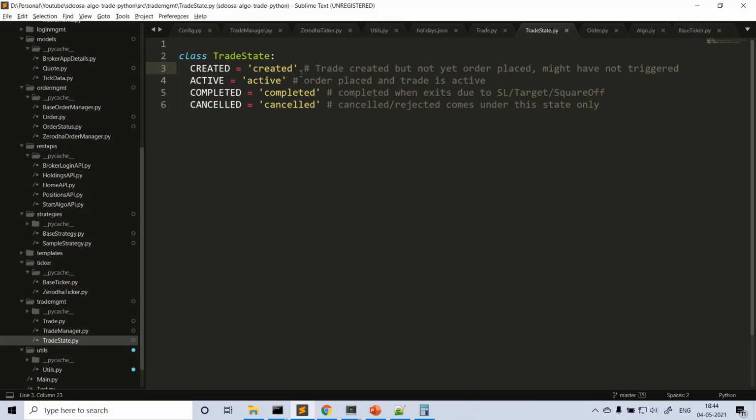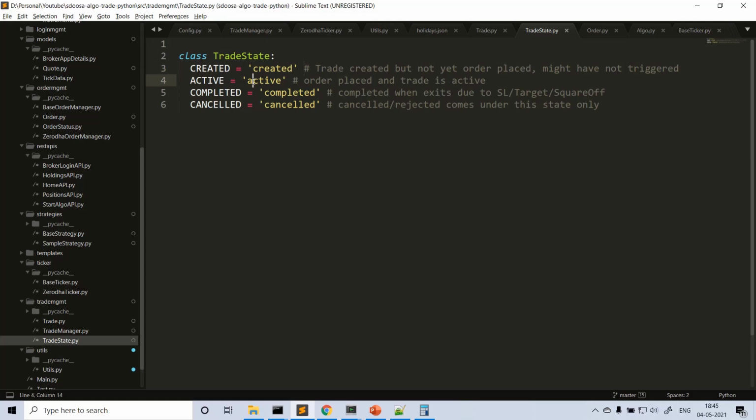Let's say Bank Nifty today opened at 32,500 and your long entry level is at 33,000. After market open, let's say at 9:20, based on the 5 minute candle, you calculate some values and you get some long breakout price and some short breakout price. So at 9:20 a.m. itself, you created a trade with the details, request entry 33,000 for long and let's say 32,000 for short. The trade is created. That is not triggered and that is not entered. So please understand the difference between the trade being created and the trade being active.